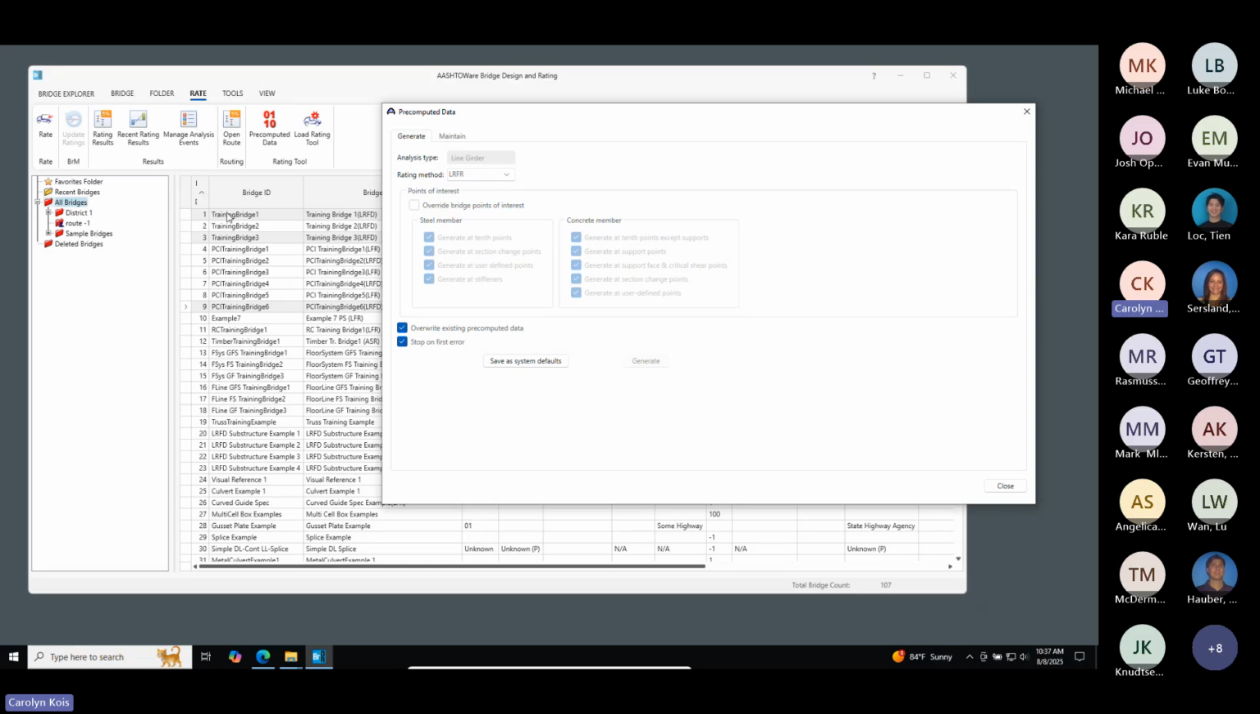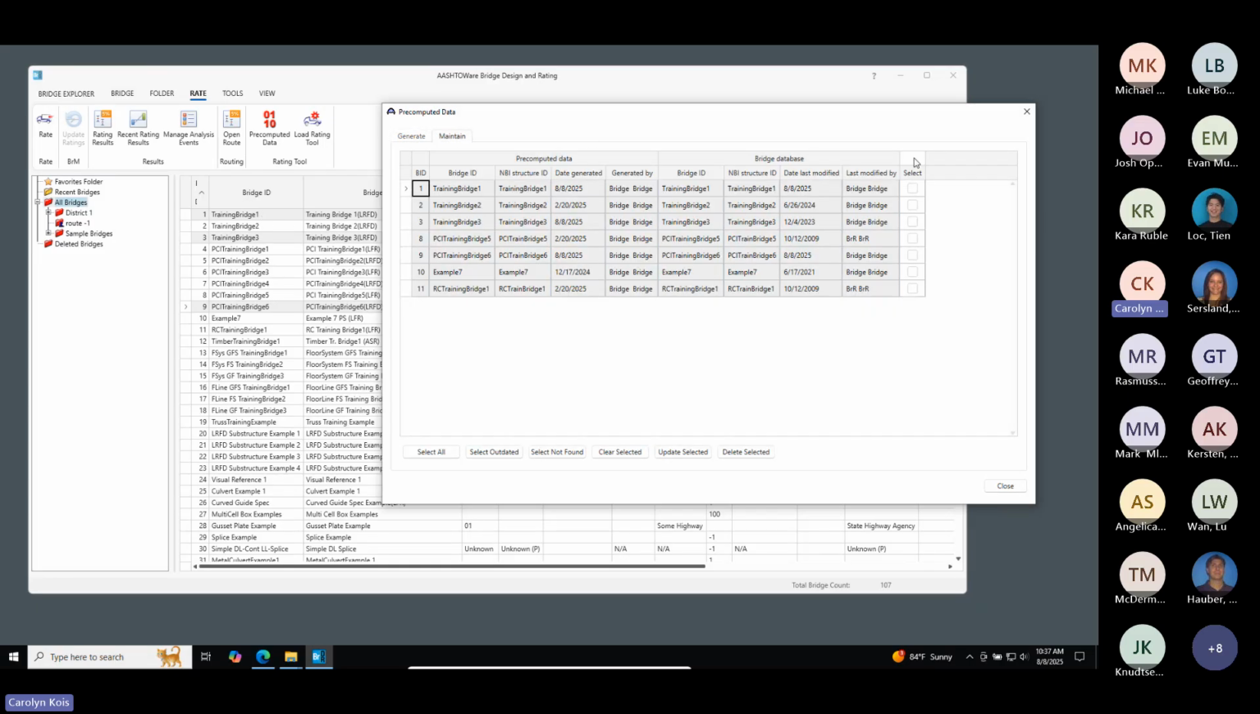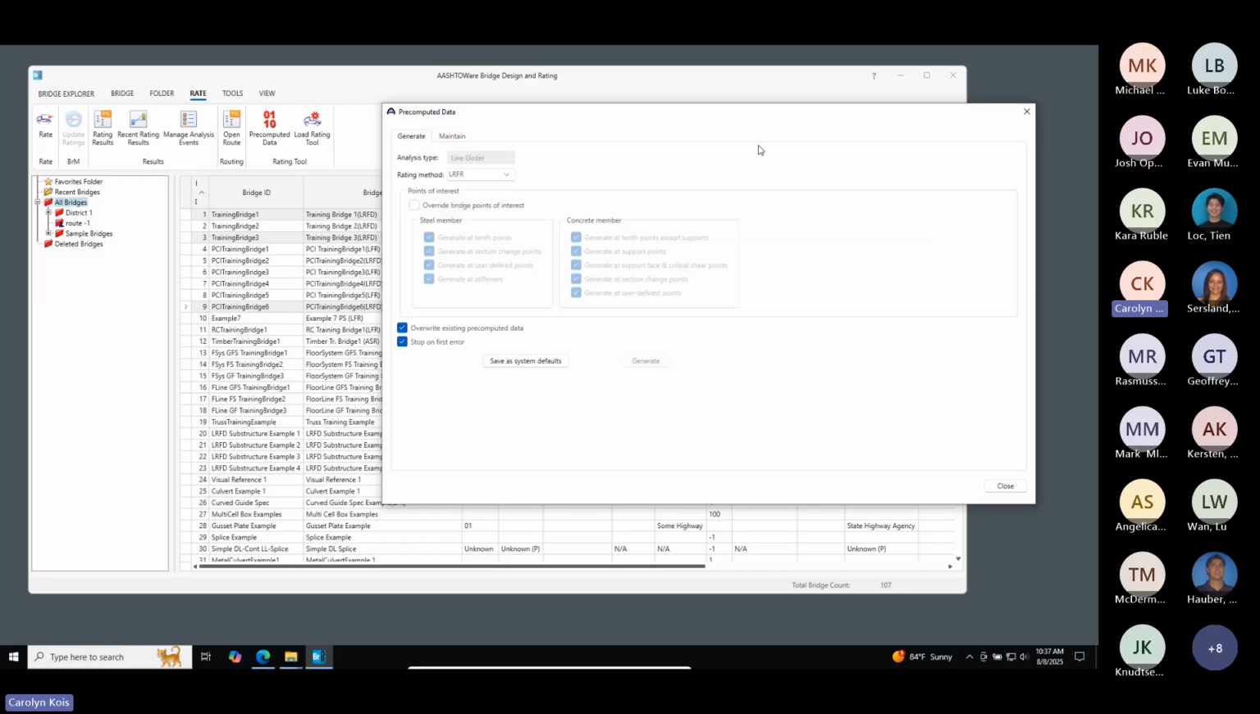So, let's say if you have an inspection and there's added loads or deterioration or something, you will need to come in and regenerate the data for that bridge to make sure that you have up-to-date data. But again, that's not a very frequent thing that you'll need to do for most bridges. So we've got our pre-computed data,